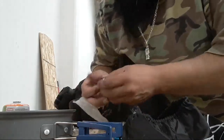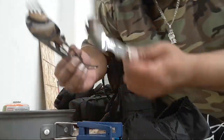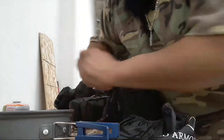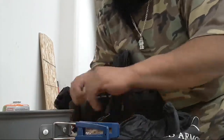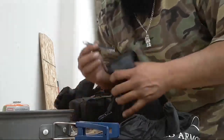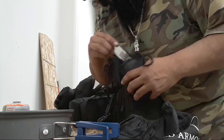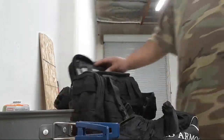All right, there's a fork. But yeah, I'm a little confused as to why it comes with a spork when technically the spork is to replace these two. Whatever. I don't think I'm actually going to end up using them. I think I'll put them on the side here just to remember that they're with them. But yeah, I think these will probably either stay in my main camp set or I might just put them to the side. I actually didn't think that knife would have an edge like that. That is kind of useful. I thought it would be more like a fancy butter knife. But yeah, pop those all back in. And it has a little Velcro piece right there to keep them shut. All right, so